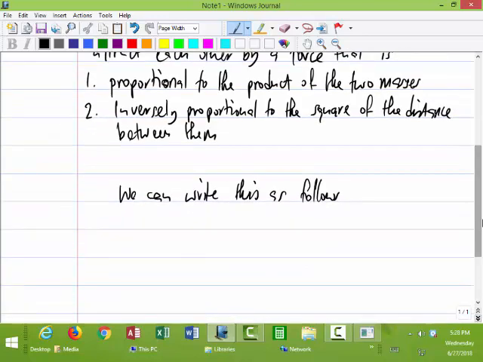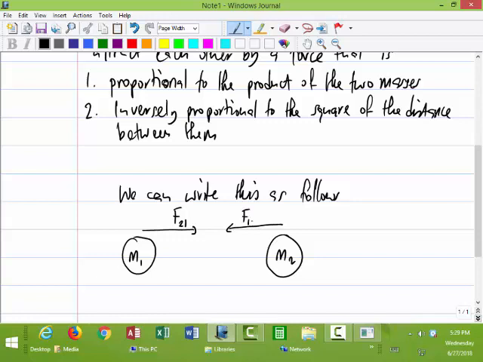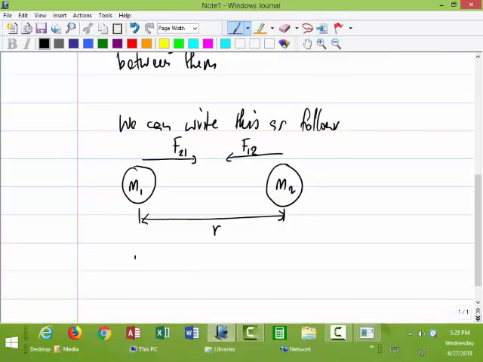So we have the force F. Let's start off by first showing the two masses. Let's call this mass m1 and this mass m2. By Newton's third law, we can say the force of mass 2 on mass 1 is this force, and the force of mass 1 on 2 is given by that. The distance between the masses is this distance r. So according to Newton's law of gravitation, the force of mass 2 on mass 1 is equal to the force of mass 1 on mass 2, and that's equal to a certain force F, which we call the gravitational force,